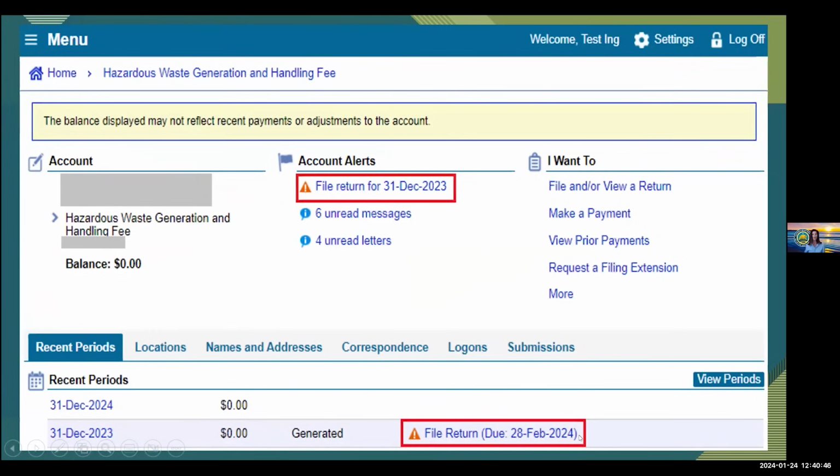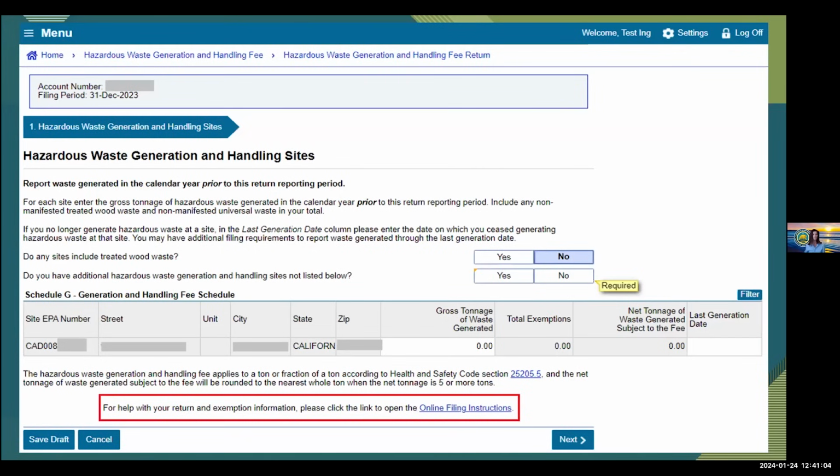Coming up soon. And I just wanted to note to the left-hand side, again, you'll see you're filing for the correct period. The end date was December 31st of 2023, and we are going to be reporting on waste from 2022. So let's go ahead and click on File Your Return. And that will bring us to the first page inside our return. And here we can see that we're on the Schedule G, and we really want to note that anytime in your return when you're filing and need help, we do have online filing instructions. So you can click on that link, a new window will open, and you can read through any instructions on that page that are needed. We can go to the next